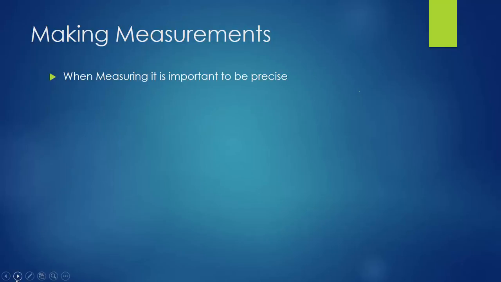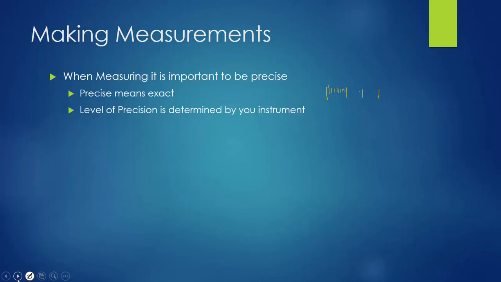And when you make a measurement, you want it to be both precise and accurate. Now, precise means how exact your measurement is, how many divisions you're measuring to. And this depends on what instrument you're using. You can't just get more precise by estimating. You actually have to get a higher quality instrument. So if you have a ruler that's divided by centimeters, then you can measure to the nearest half centimeter because you can estimate in between. But if you have a ruler that's divided in millimeters, then you can measure to the closest half millimeter because